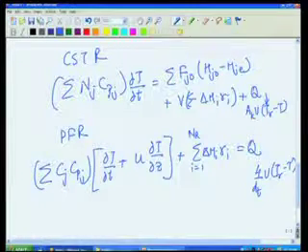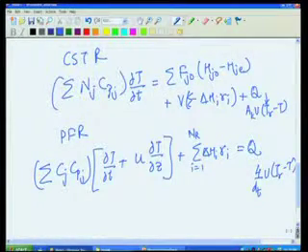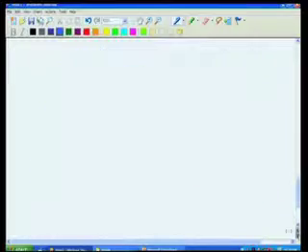So, this is my stirred tank reactor equation, this is my plug flow reactor equation,